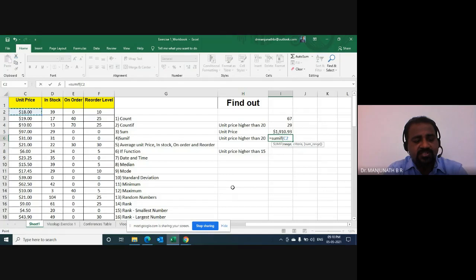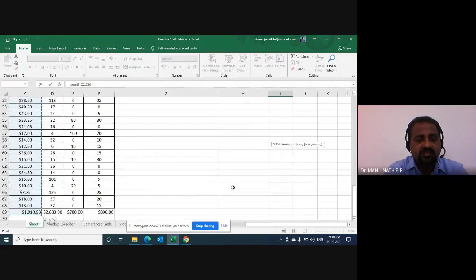I use Shift, Control, and then I press the Down arrow key. Here I know that the last cell is the total, so I should not take that last cell in this entire range. So I press Shift and then press the Up arrow key. Therefore, that total is now excluded from the range. Now Excel is asking me to put a comma, because range, comma. Now I'll put a comma. Now criteria is highlighted. I already trained you guys: for criteria, use double quotes.